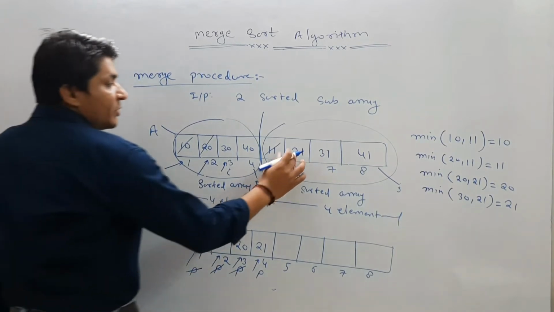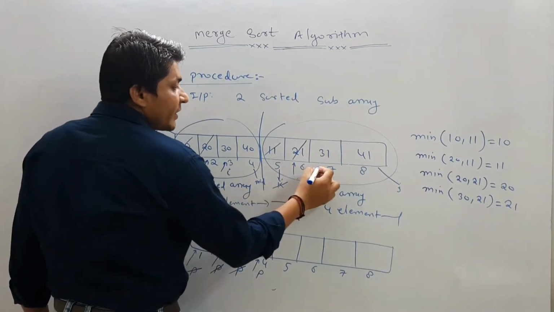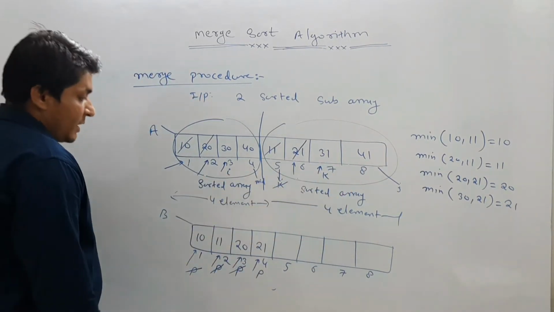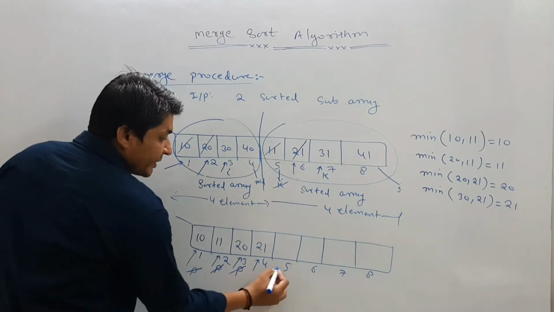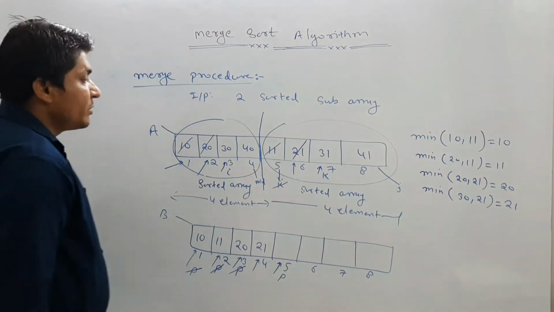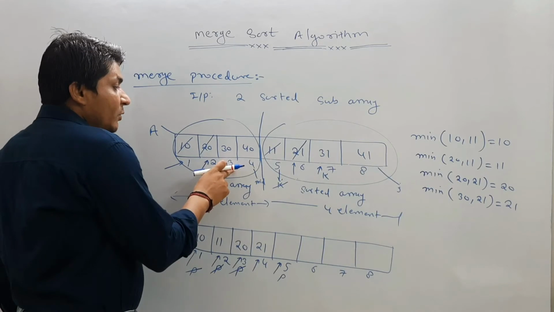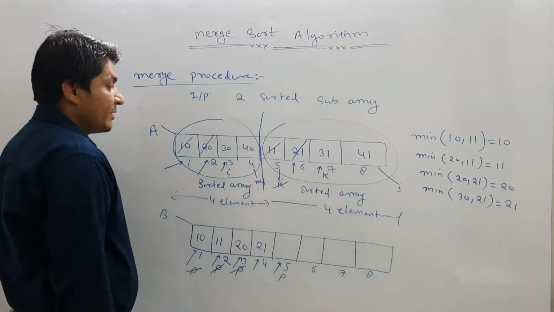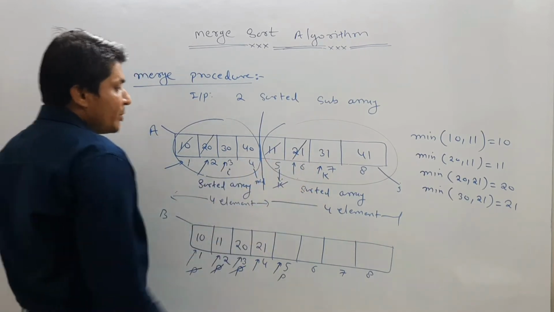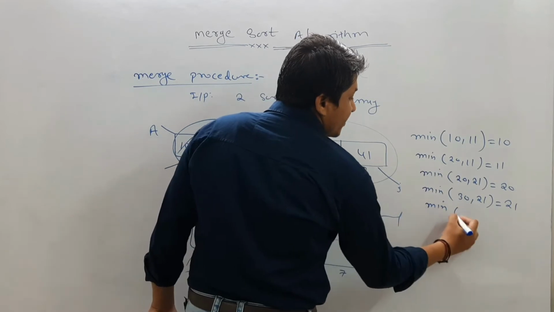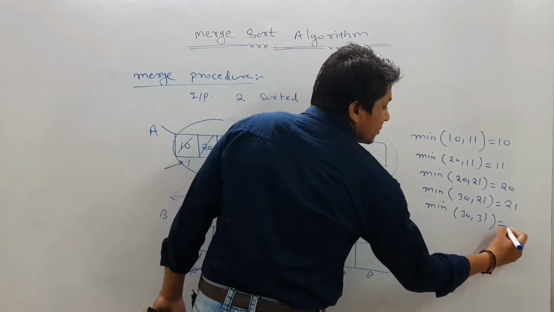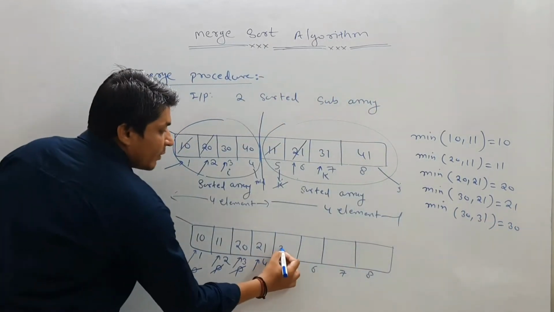Correct? Simply because we have already copied 21, you can increment the value of k. Now k is pointing to the next location, which is 7. Now we can simply increment p because the next element will be copied at the next location. So p is pointing to location 5. Now I is pointing to location 3 and k is pointing to the next location, which is 7. So now we are going to compare these two elements. Whichever is minimum, you can copy here. So minimum of 30 comma 31. Which one is minimum? 30 is minimum. So let us copy 30 at location 5.